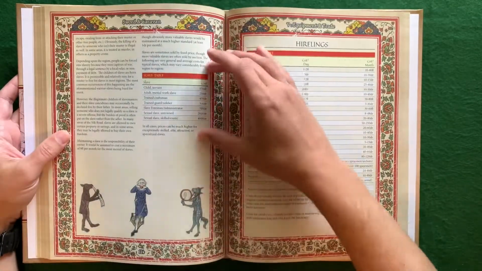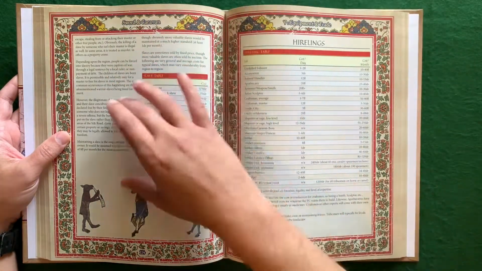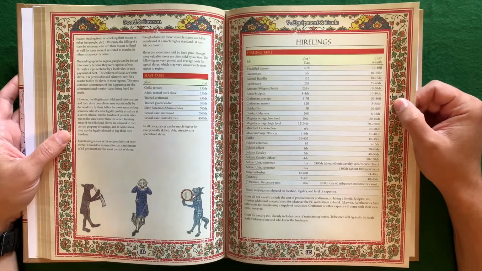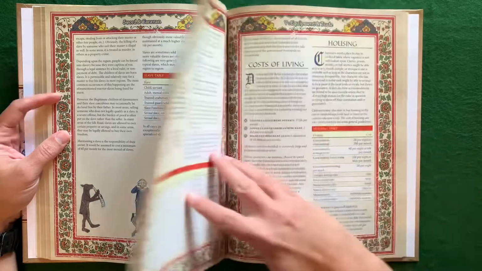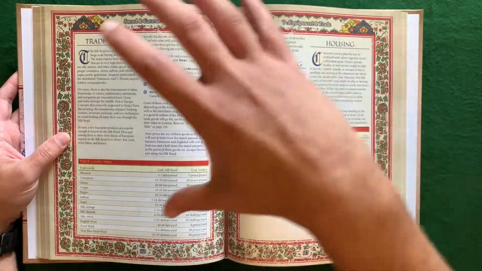And it's going to give you a slave table for the cost of slaves, and you could go free a bunch of slaves with your adventurers, and that would be a great way to wreak havoc on the slave trade that's going on in that area. Great section here on hirelings. There's a bunch to choose from, and then you're going to get into some great meat about trade goods